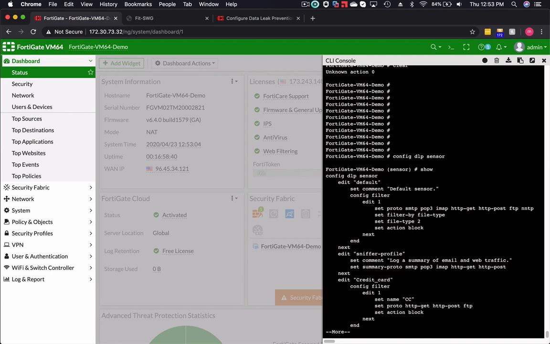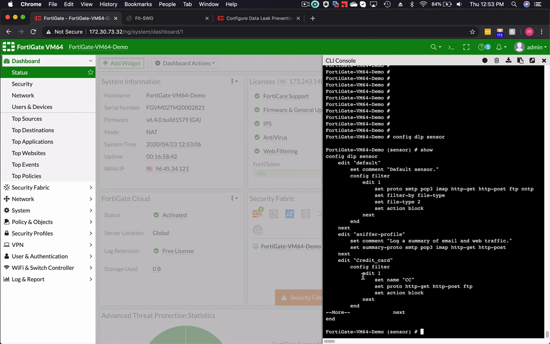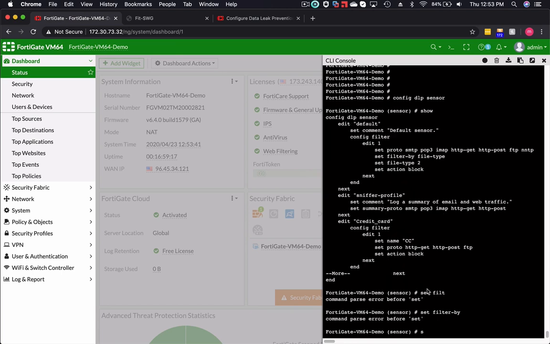show, as you can see, I added a credit card sensor and gave it the name CC, and then the protocol to watch is HTTP GET, HTTP POST, and FTP, and the action is block. The only reason you're not seeing the set filter type for credit card is because this is a default, so the default won't show up. Go into edit first. Edit credit card